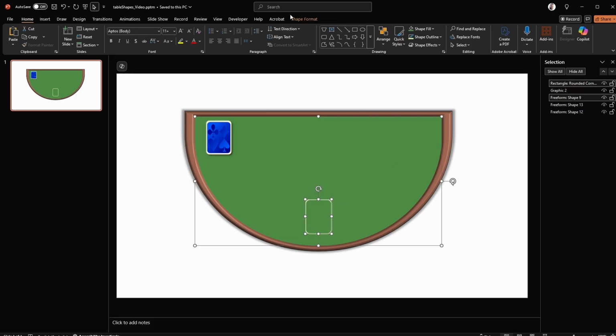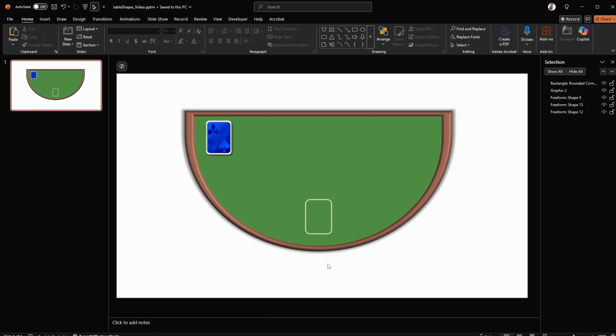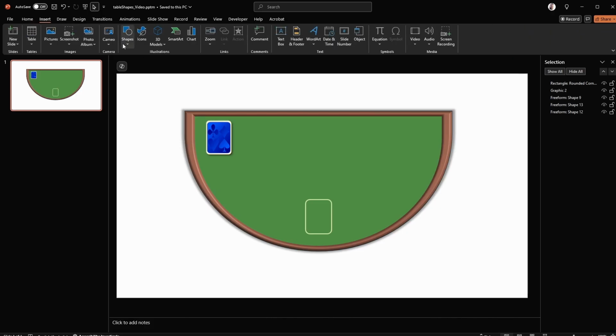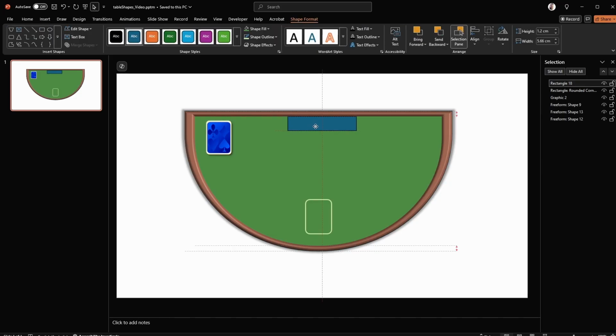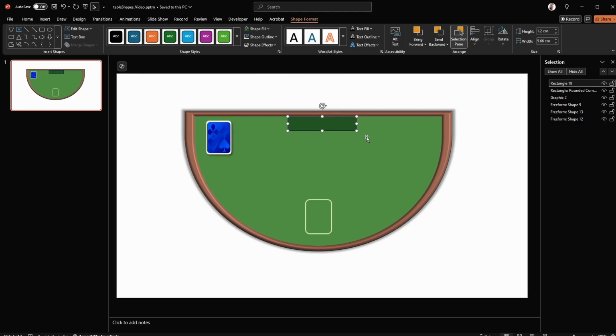We also want to make sure that this is centered on the table. So we'll align, center. Again, you can leave this as it is for now, or I also just want to create a little cutout for the dealer's side of the table. So we're going to set that there, center it. Going to make that like a very dark green, like that,